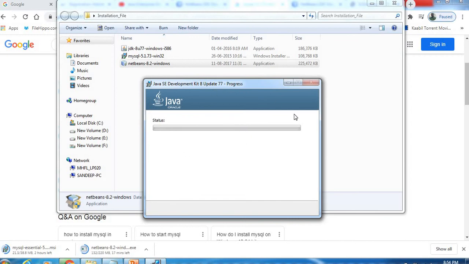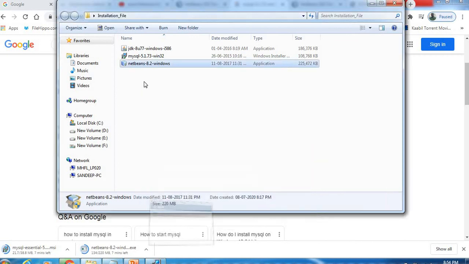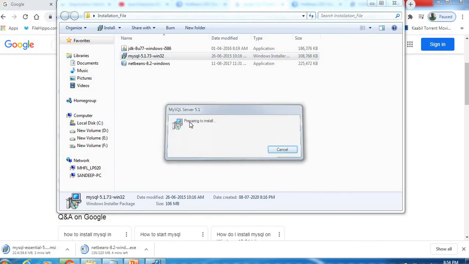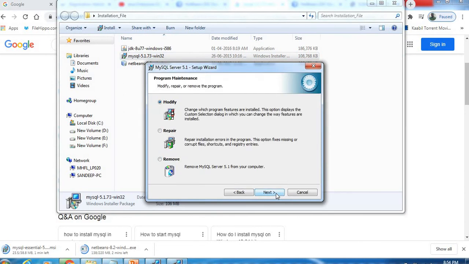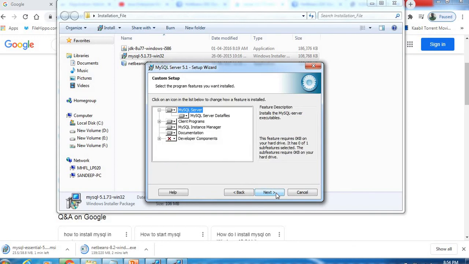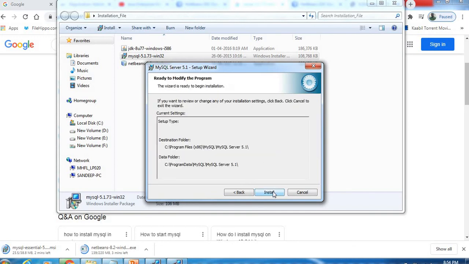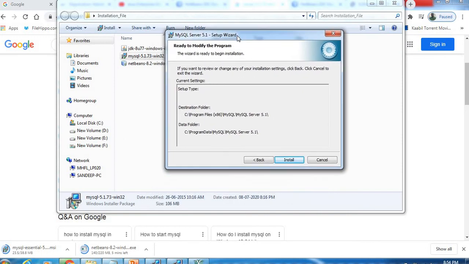So by the time this file will be installed, I will install this MySQL. So yeah, as you can see here, the MySQL process, next, then you can see this next, right? So you have to use this MySQL process also, then you can click on this install button, right?